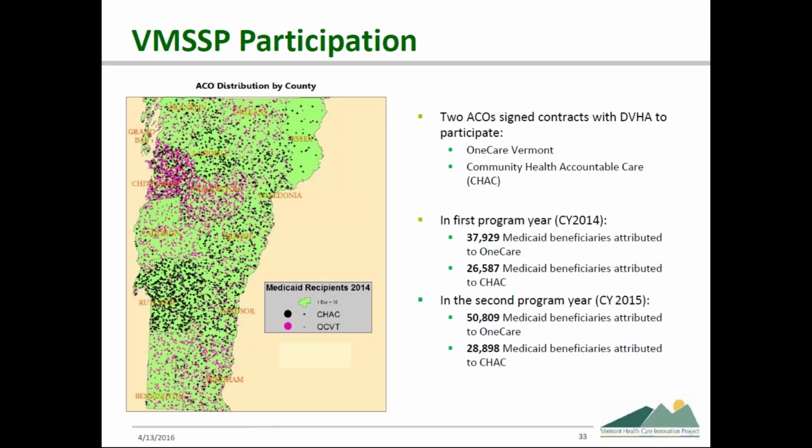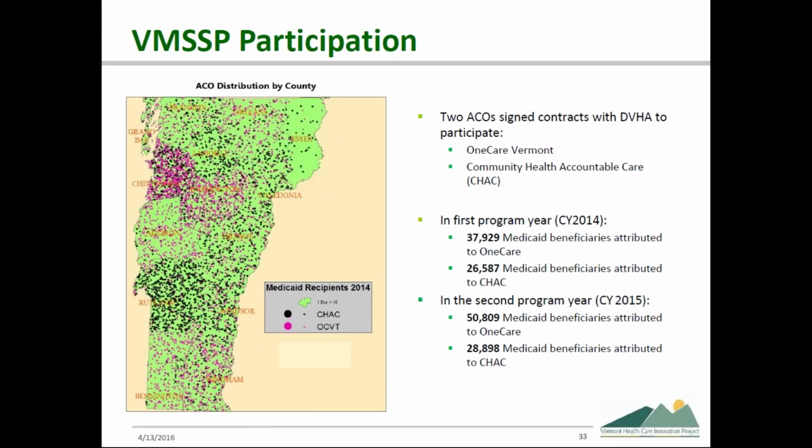The second, Community Health Accountable Care, or CHAC, is largely an FQHC-based ACO, meaning that its participant network is largely made up of federally qualified health centers. To give a sense of these ACOs, during 2014, there were approximately 38,000 beneficiaries attributed to OneCare and approximately 27,000 beneficiaries attributed to CHAC. Both ACOs were eligible for and received a portion of shared savings in 2014, as Rob